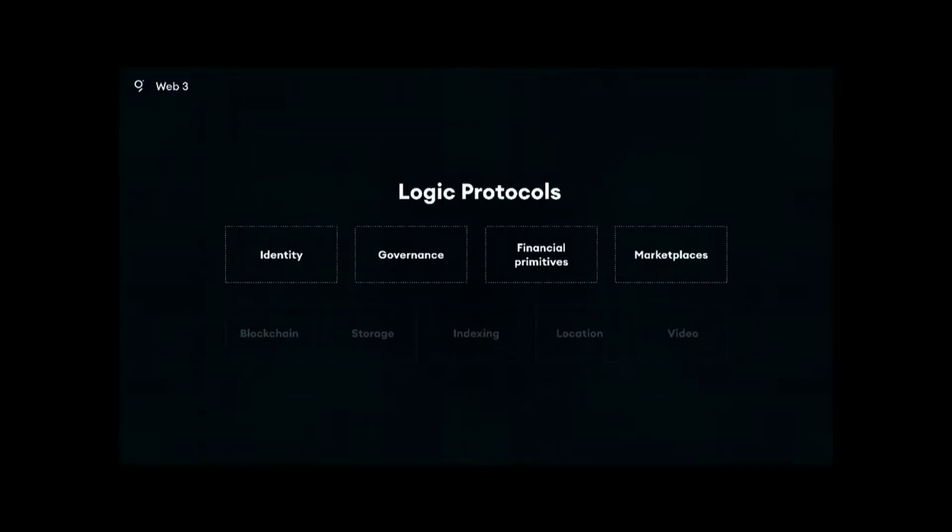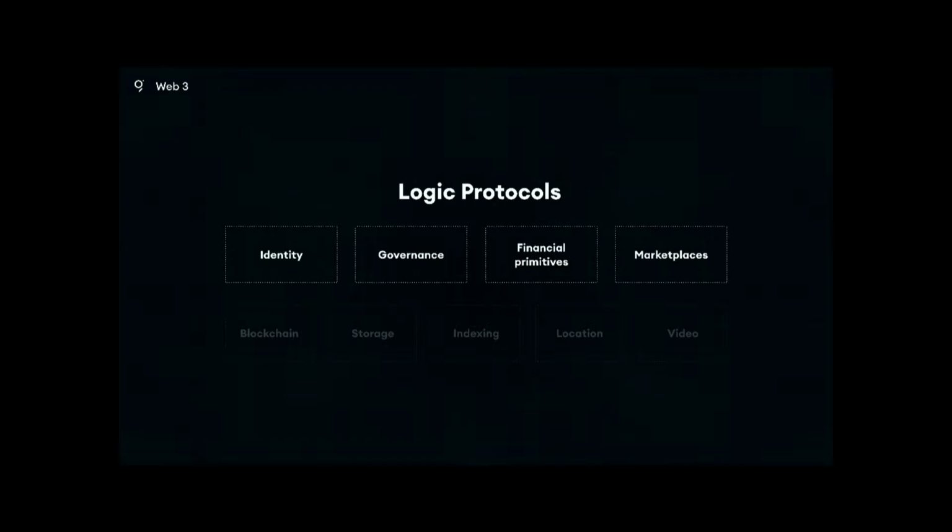A few of the core logic protocols being worked on now are things like governance. We've got projects like Aragon and DAOstack and Moloch and many others, just trying to solve the problem of how you, for example, coordinate funding and take on projects that you want to accomplish as a group, and how you vote on which proposals to actually implement.